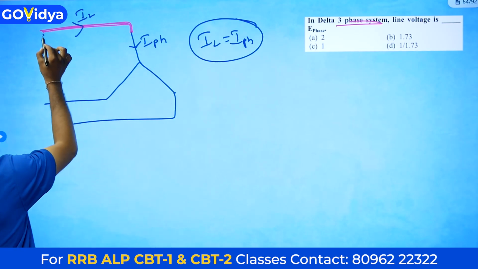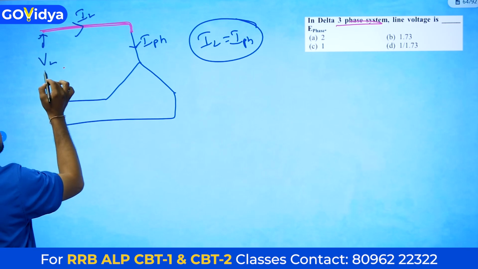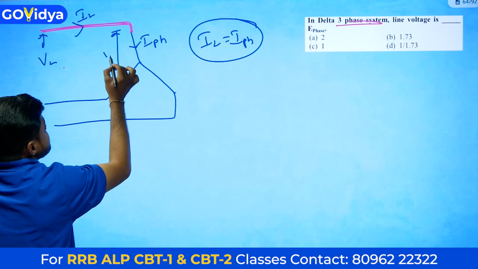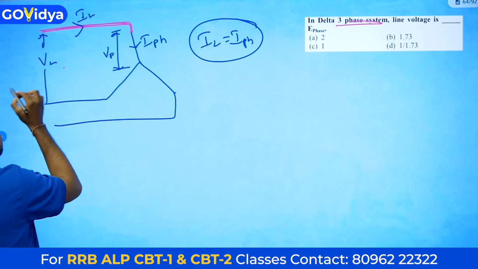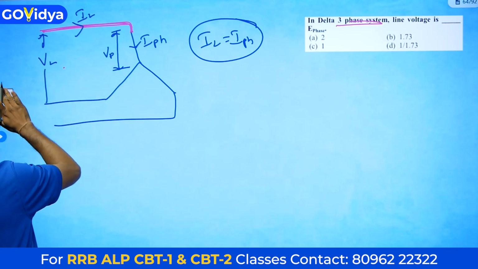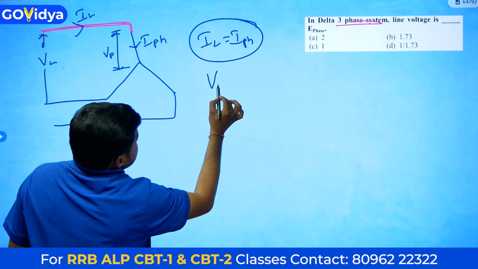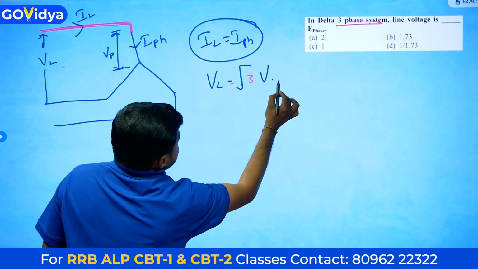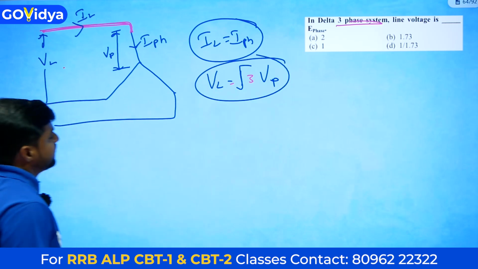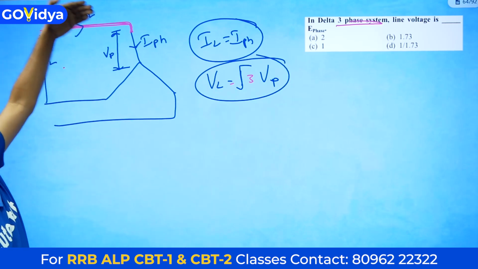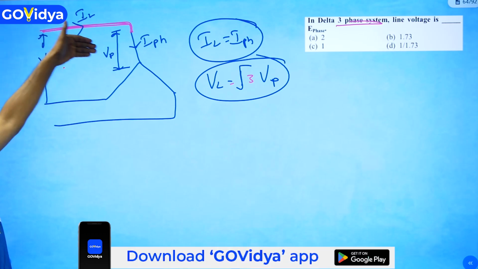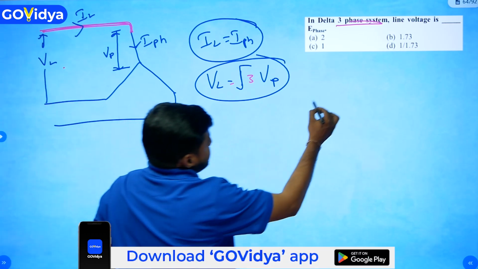Here VL, this is V phase, this is VL. Here VL is equal to root 3 times V phase. In star connection, line current and phase current are equal, but line voltage is equal to root 3 times the phase voltage. But in delta connection,